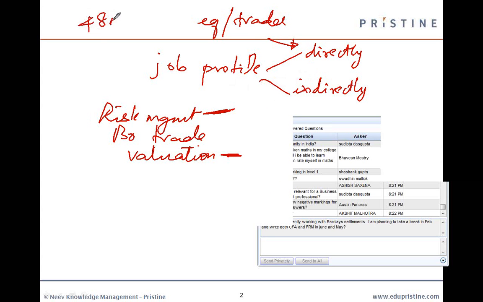So if you show 4 years, that is 48 months of experience in these fields, and also if you clear 3 levels of the CFA exam, you will be awarded the CFA charter. Believe me, the difficult part of CFA is not getting a charter, rather it's passing the exam. The 3 levels are not so easy either. So once you clear the exam, getting a CFA charter is not a big deal.